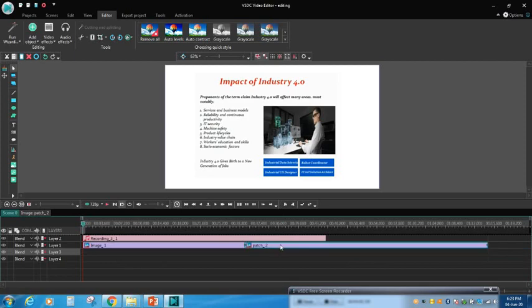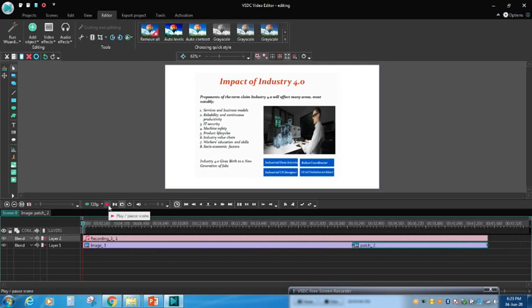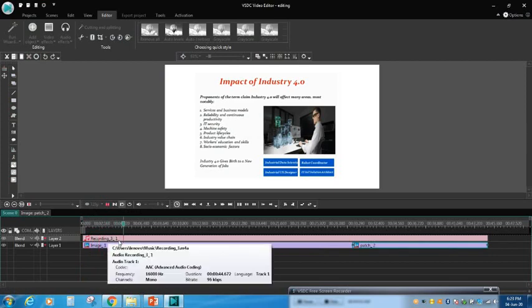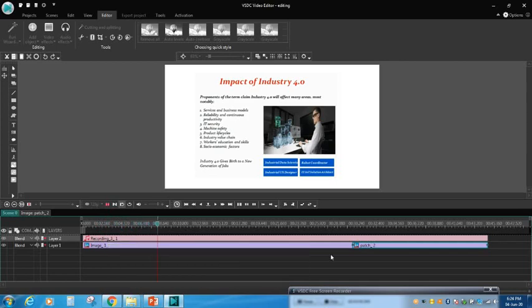This is a different one, you can drag and fit it here. So this is how you can fit the image. You can check by pressing the play button, to see the recorded audio for this image playing parallelly.